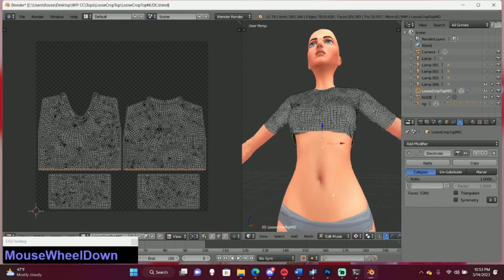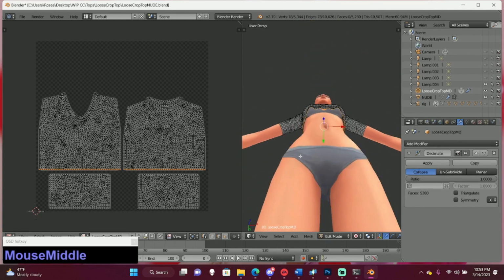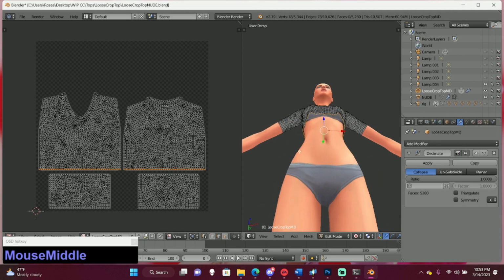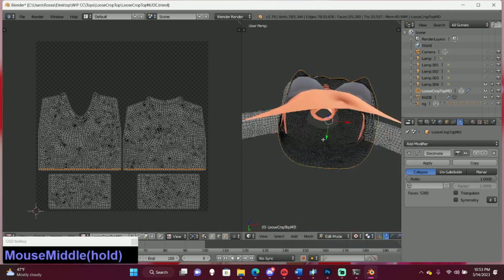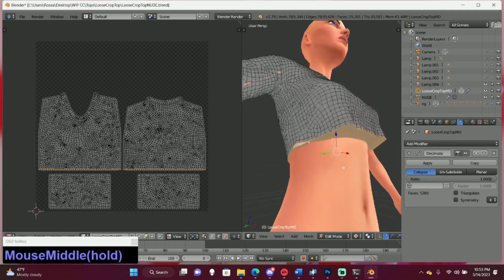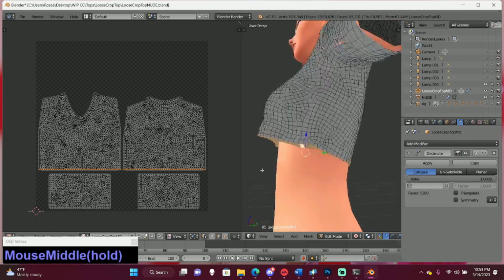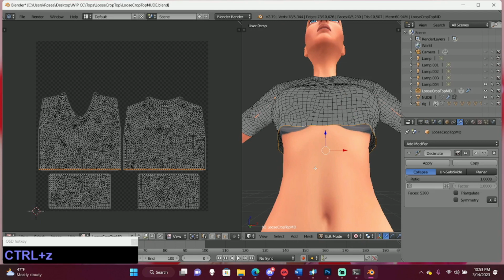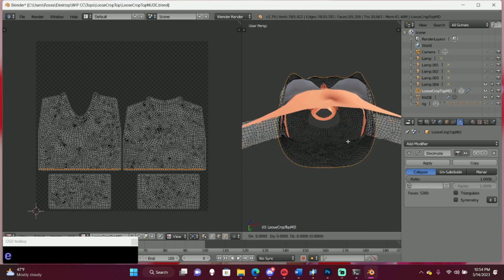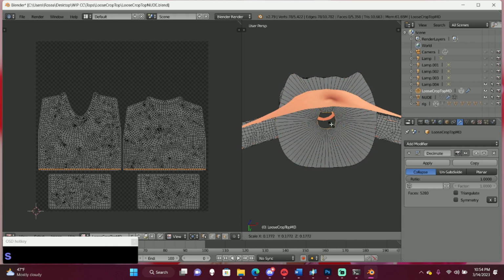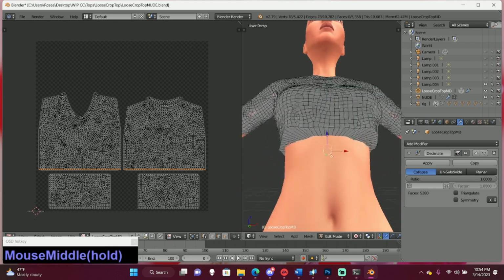Sometimes, like if I have dresses that have ruffles and stuff, it's easier to press F to fill it, but as you can see, sometimes it fills a little weird. So if it does, just do E, click, and then S, and then move your mouse, and then that should be good.